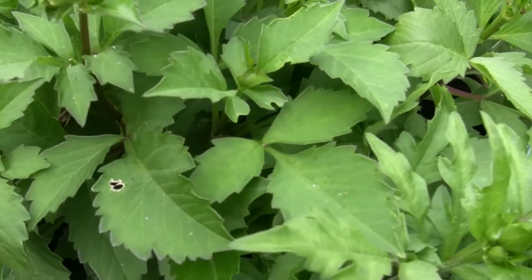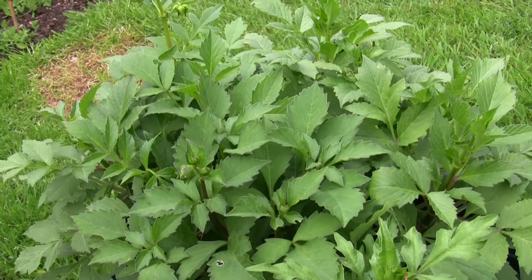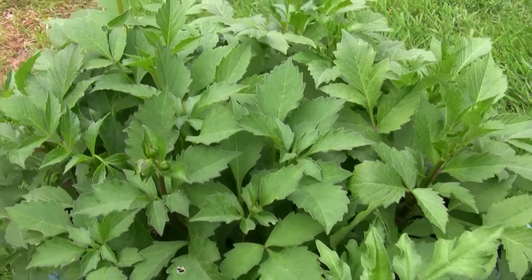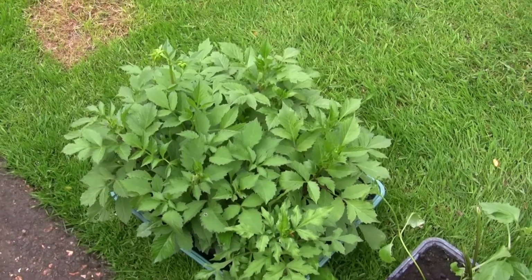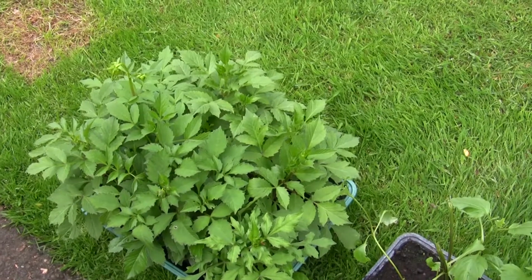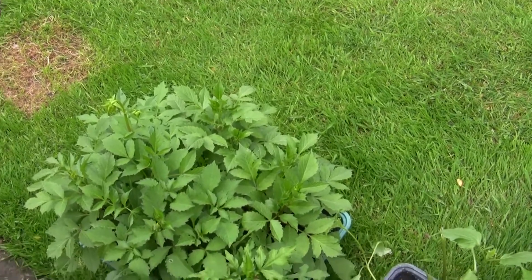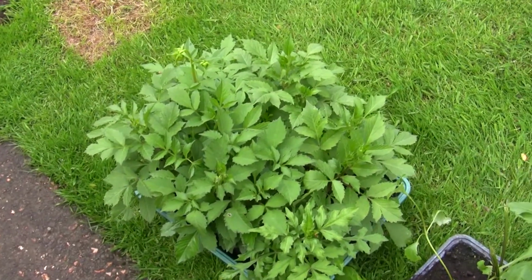So you get a few leaves that want picking off them, etc. I should probably start setting these out this week, and then be very wary, where I live, of any late frosts. But I do have plenty of fleece, and hopefully this time of year, if you cover them with horticultural fleece, even a double layer at night if it's going to be a cold night, it will keep the frost off, because